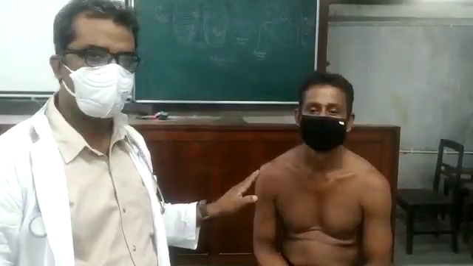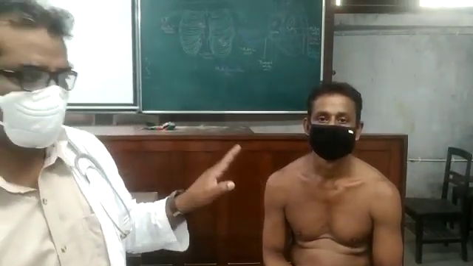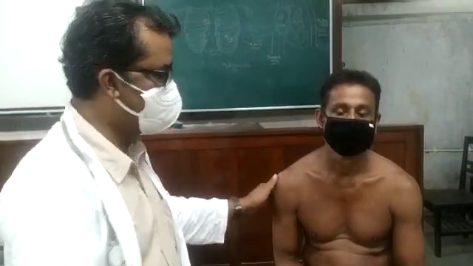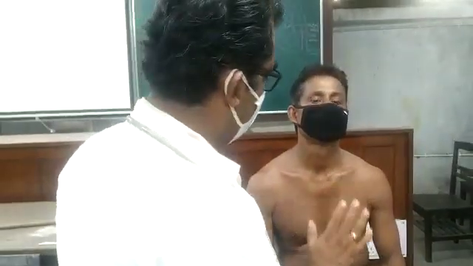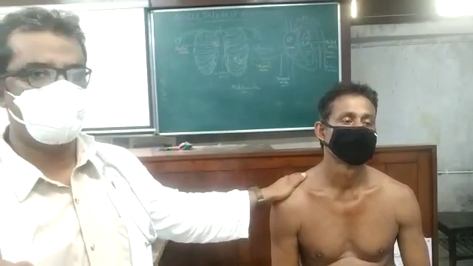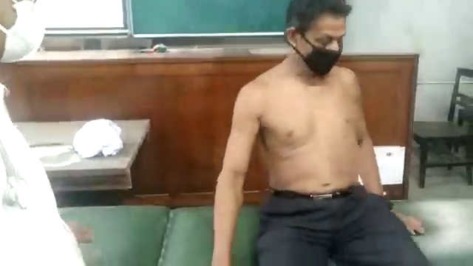Now let me go to the practical aspect of how to auscultate the first heart sound. Lutita is our student, not patient, the person on whom we are going to auscultate the heart sound. I will stand just at the right side of the patient, and I will ask him, Lutita, let me see you, okay? What you have been taught about how to look for the apical pulse. Lie down, head this way.